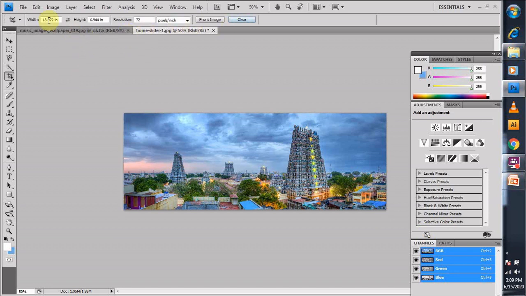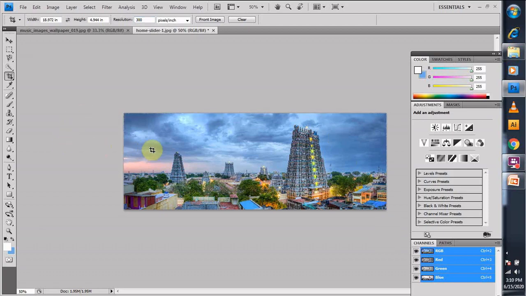So clear. Suppose I have set 18-inch width and 4 inches height and I have set the resolution 300. And we see we are cropping, but it is not covering the border because we have reduced that particular height size from 6 to 4.